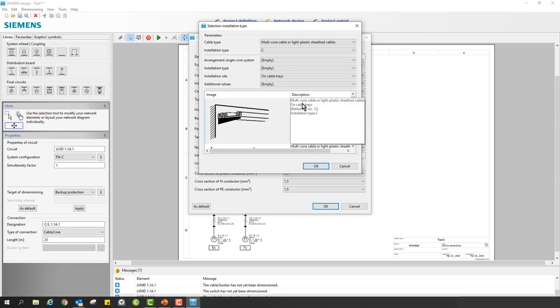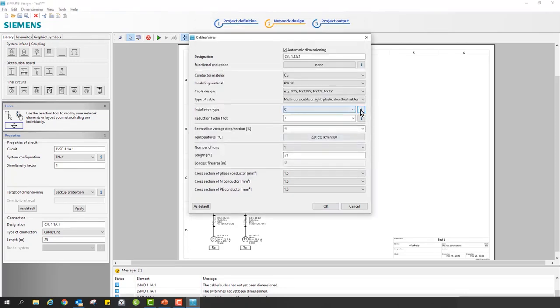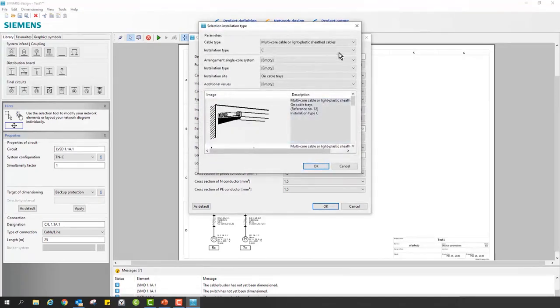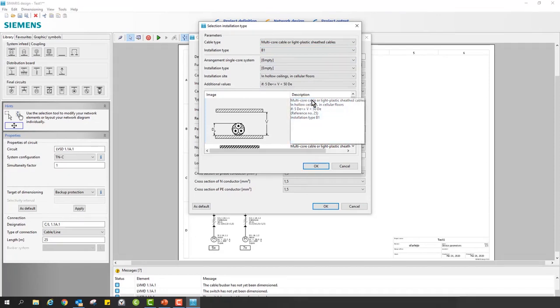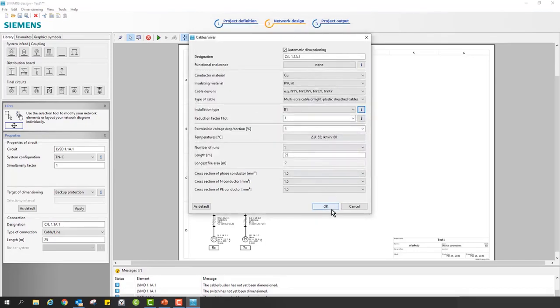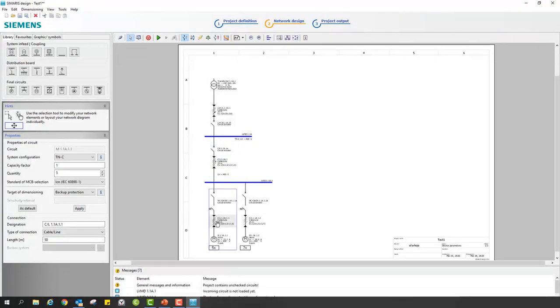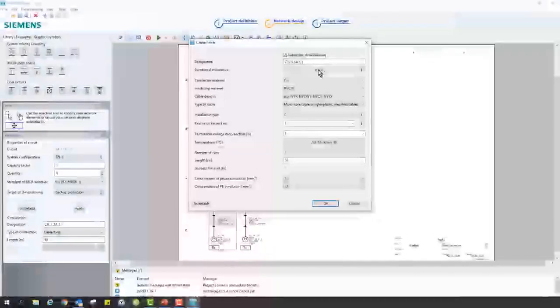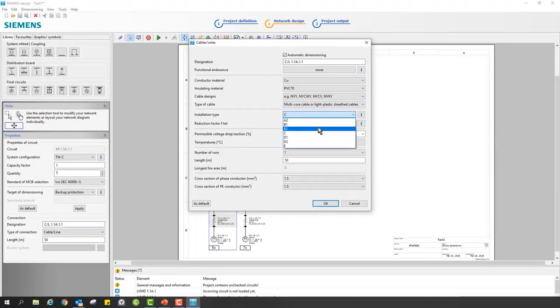Here inside of the panel, I'm able to show you a little bit of the cables when I double click on the cables, as you can see here, and see the properties of my wires and cables. For example, this one, it's a copper with PVC and with cable design. The installation type is what's really important. Installation type C, once again, as this is an infrastructure, comes as a multi-core cable or light plastic threaded on trays. Basically, this doesn't happen inside of our control panel. In our control panel, we usually have